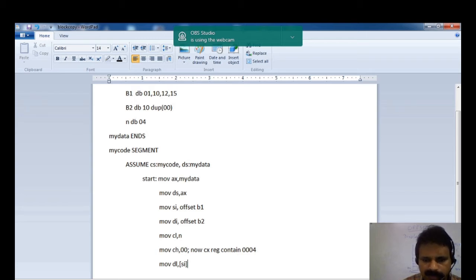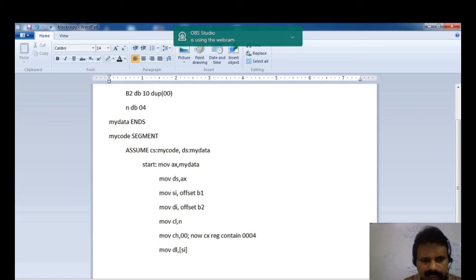After execution of this instruction, DL will contain the value 01. That is, SI points to the first data of block 1 and it is moved to the DL register. Now I can move the content of the DL register to the location pointed to by my DI register, the destination index.